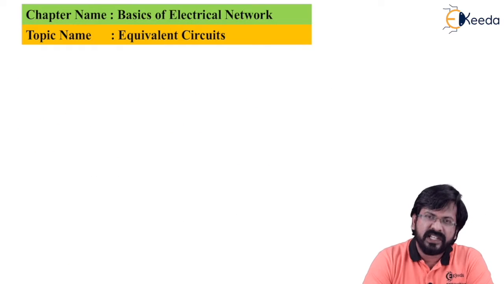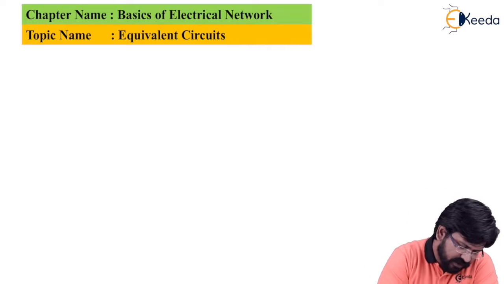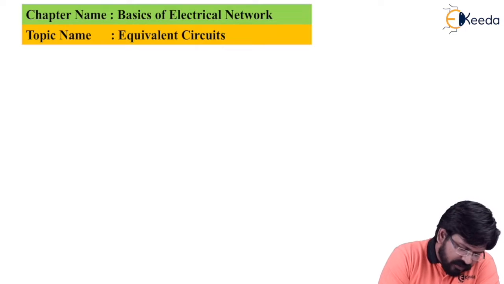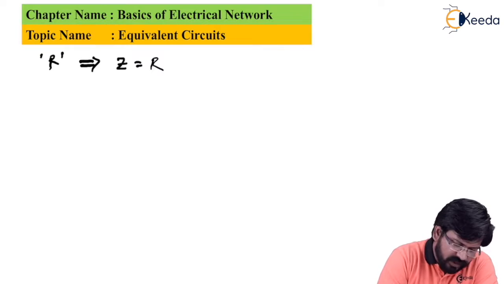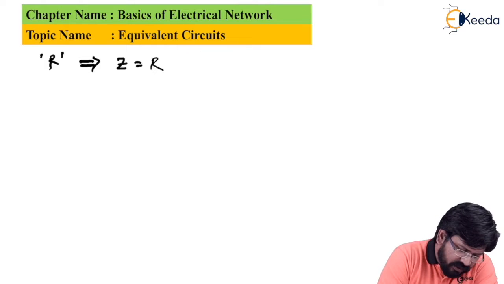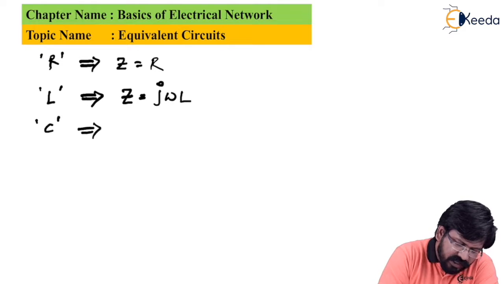See, in a series circuit, an element can be a resistor, inductor or capacitor or a combination of all. Let us understand how to deal with resistors, inductors and capacitors. Before we start with that, please understand, whenever there is resistor R, the equivalent Z is R itself. The unit is, of course, ohms. Whenever there is L, the equivalent impedance is written as j omega L. Whereas if you have a capacitor, then equivalent Z is 1 upon j omega C.